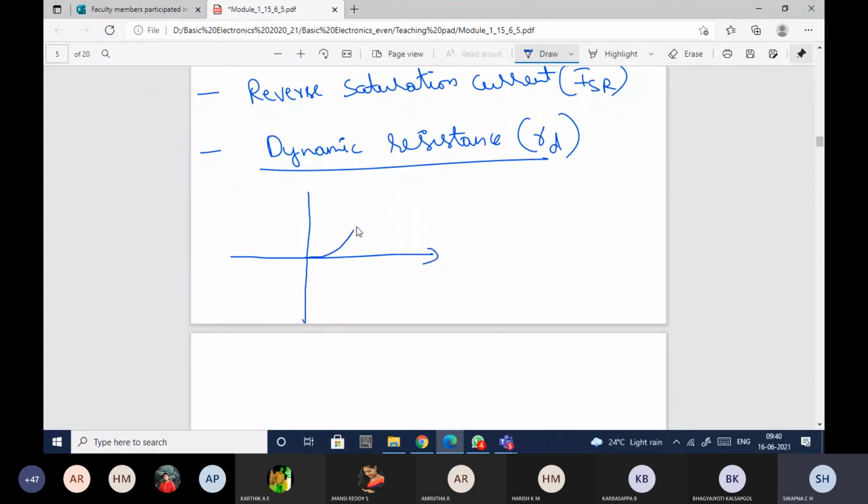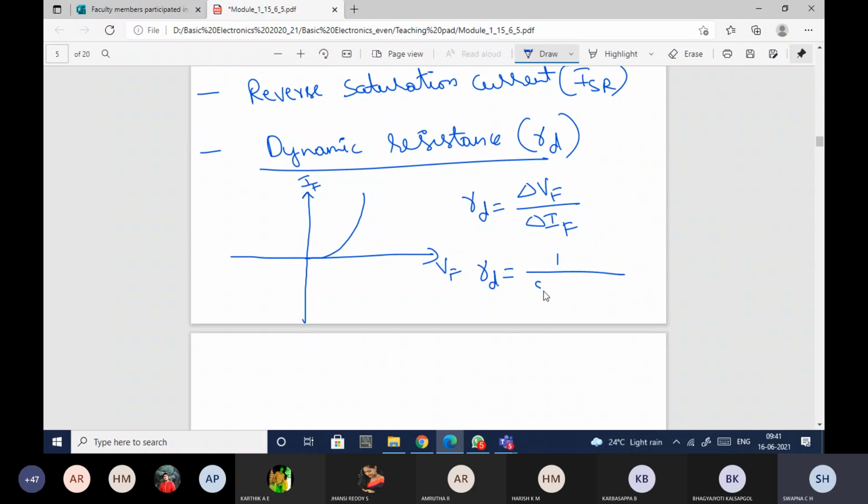You have got the forward characteristics in this way. This is VF and this is IF. As you are varying VF, IF is also changing. So if I want to find the dynamic resistance RD, I need to take... Okay, I'll just write it this way first. You know Ohm's law, V is equal to IR. I need R. So R can be obtained as change in VF divided by change in IF, which can also be represented as RD is